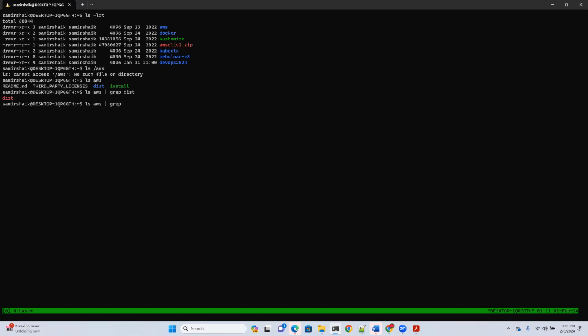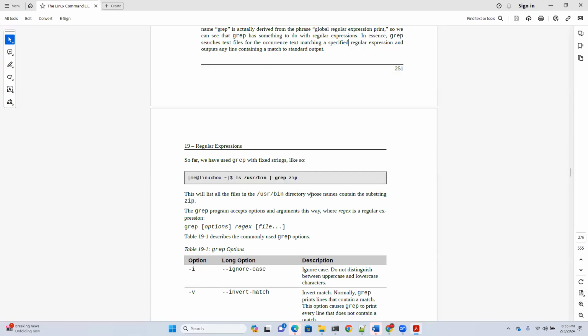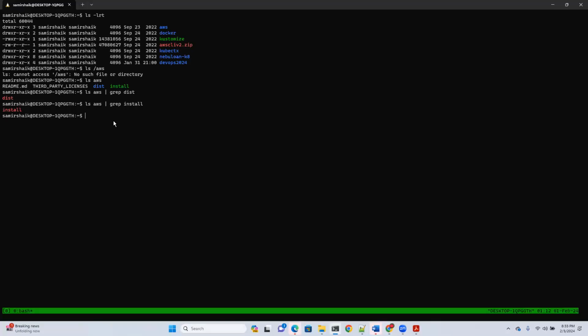See, let's say I didn't know whether it's there or not there. So grep basically will tell me it is there. That's what it is, okay? So you're grepping for... let me do one more thing. Let's go